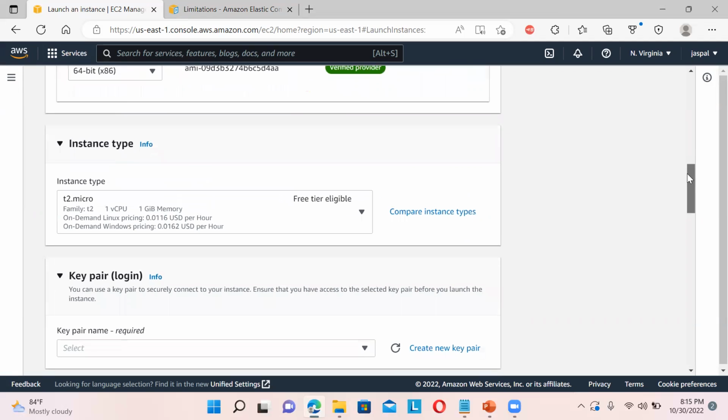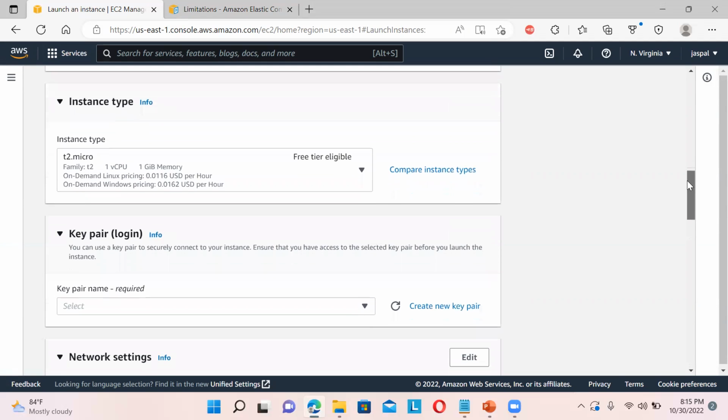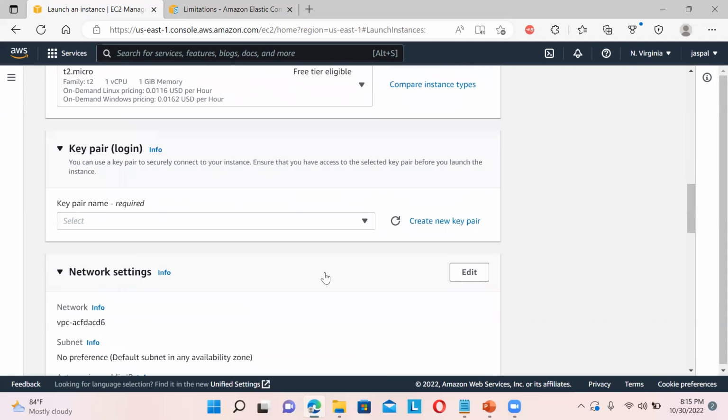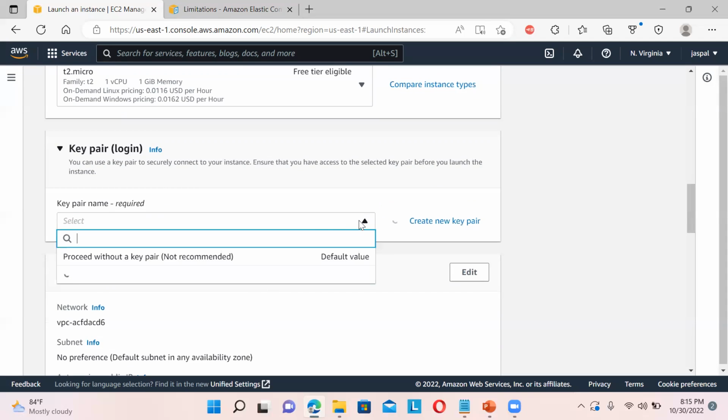And if you see over here, instance type is T2 micro. So we can also have a comparison. It is a free tier. So I'll just go with this. Key pair, those who are not aware of the key pair, in order to access our EC2 instance, we need